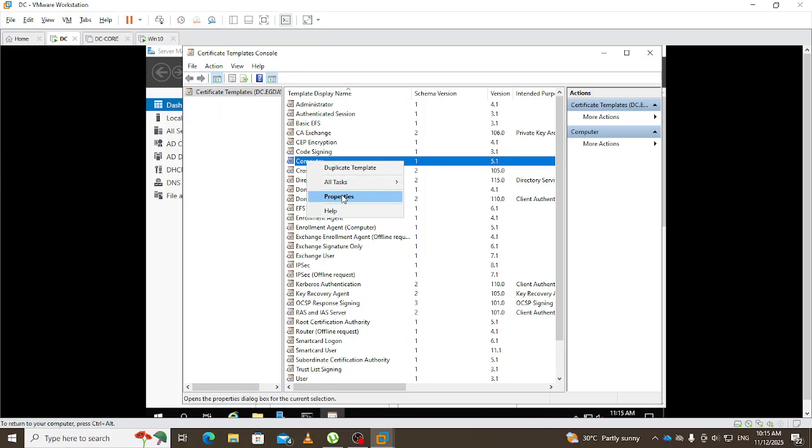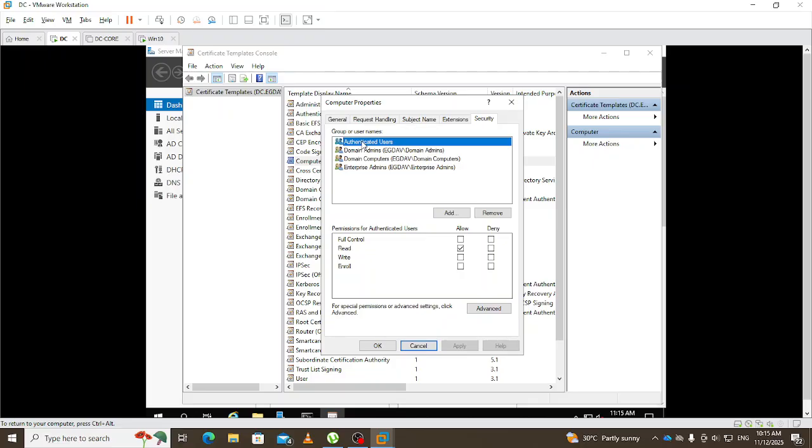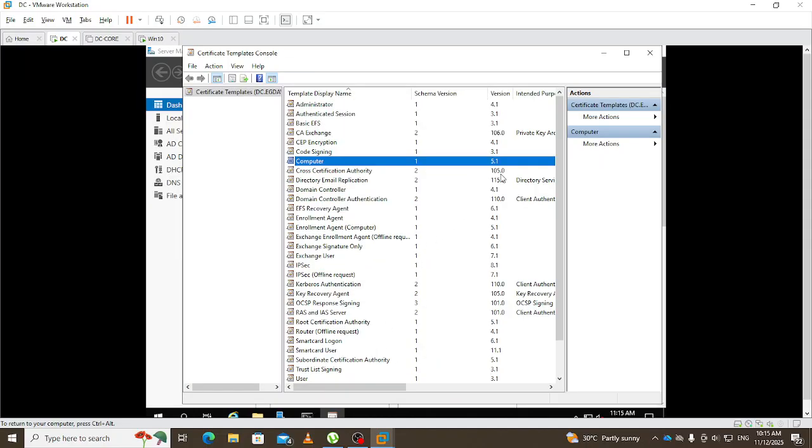Right click, properties, security, authenticated users, or we have, so computers is for computers, so domain computers, make sure that they have access to read, write, and then enroll. Apply, then OK. Now the next thing that we need to do after we have been able to edit the properties of these two objects, we close the certificate template console,